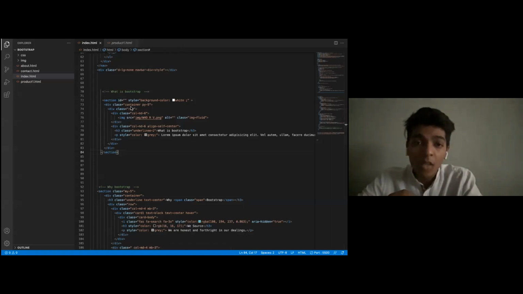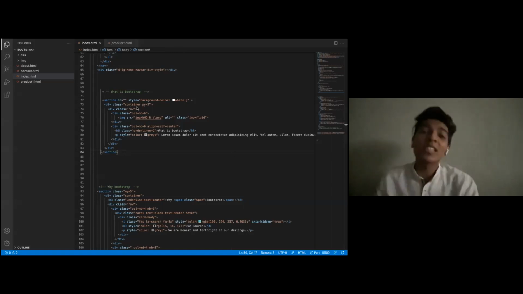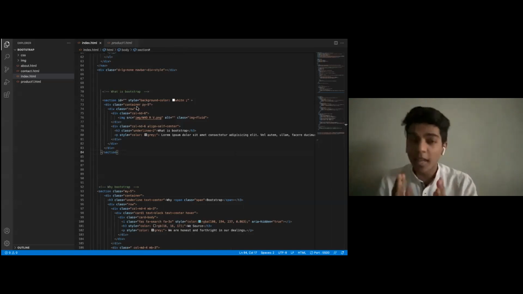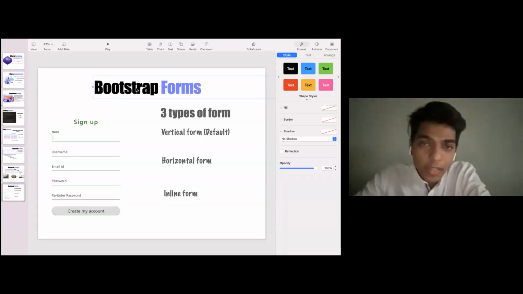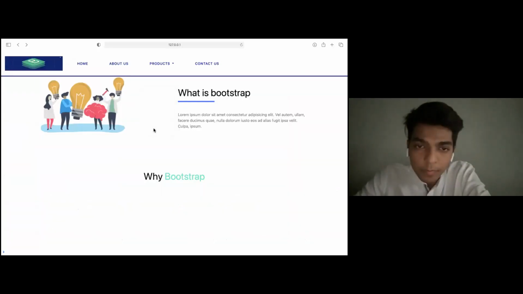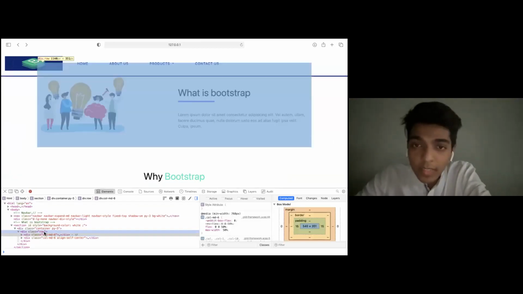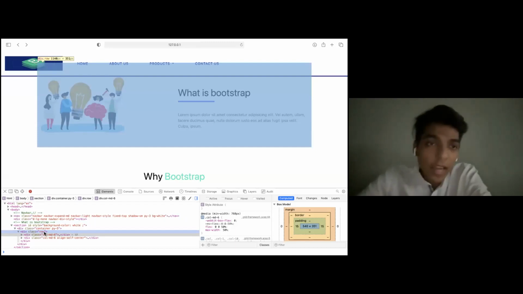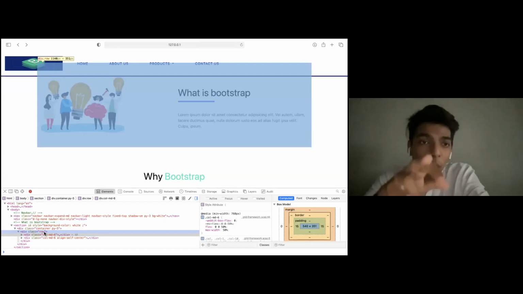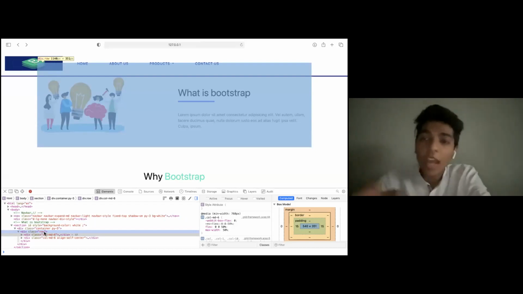So container is a class that is given to us by Bootstrap, and the things that I was talking about, that things are in the middle. So if we inspect this part out, see, the spacing that we have here, the div row is 1140 pixels by 351, but I told you that it was 1200 plus. So the two parts that are left out from here are left out by the container.